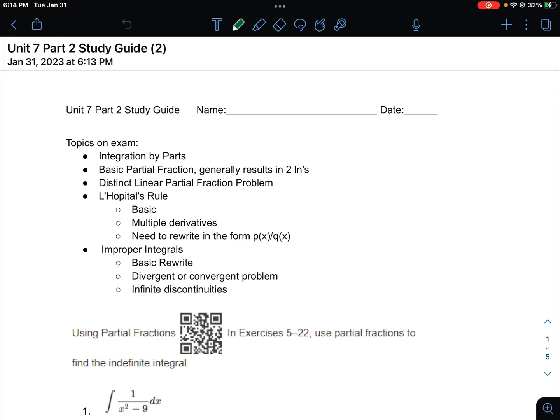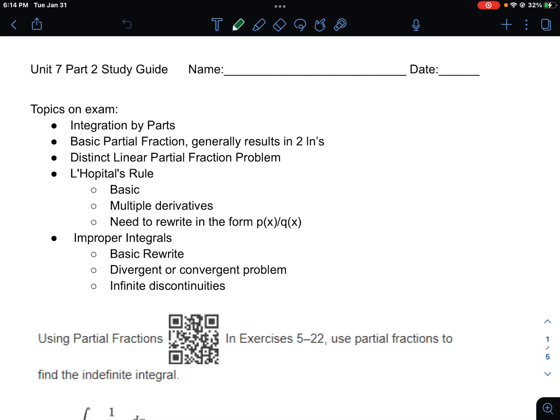Today, what I wanted to do is go over our Unit 7 AP Calculus BC study guide. This is at the end of Unit 7. We've covered everything. This includes everything but 7.1 of our lecture. Today, we're going to go over a few problems from each of the sections just to make sure you guys